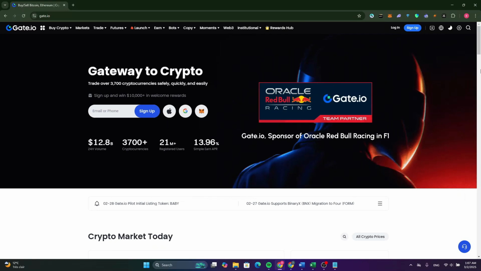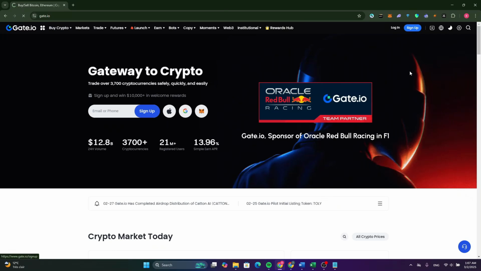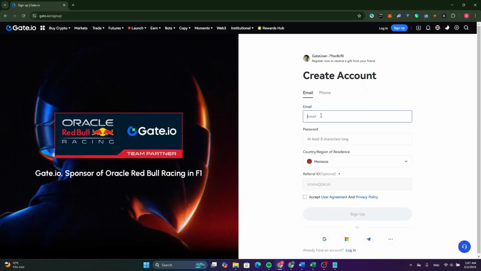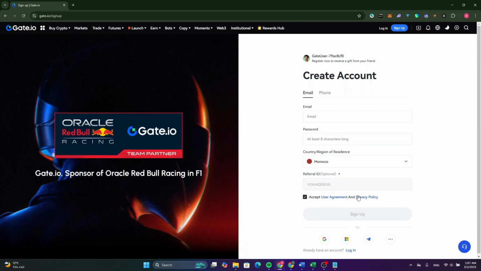How to create an account on Git.io. So first of all, open the website, and now from here click on sign up. And as you can see here, enter your email and set up a strong password. Select your country from here. If you have a referral ID, you can type it in here and click on accept user agreement and privacy